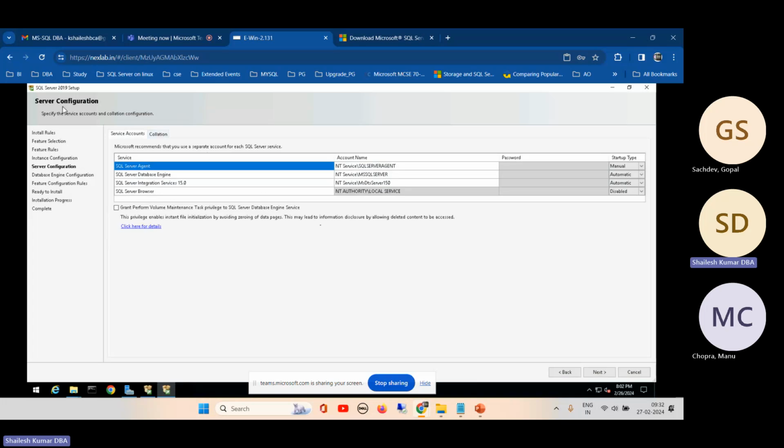So here is the server configuration, meaning the service account. This is a very useful and interesting part with the services. In any database server, we can start services with different accounts, not the default account, because we have to provide the account permissions. So the best practice is to create a separate service account for SQL Server,